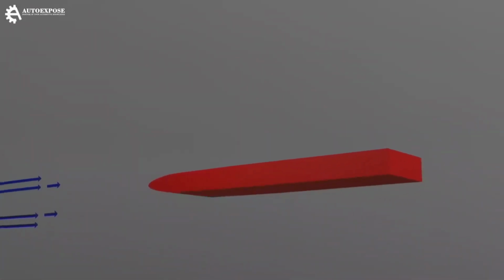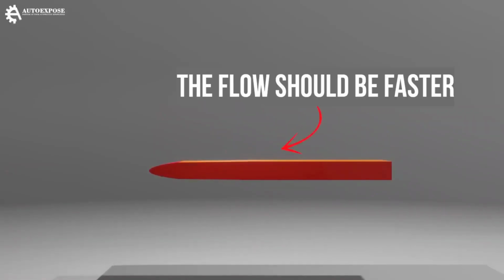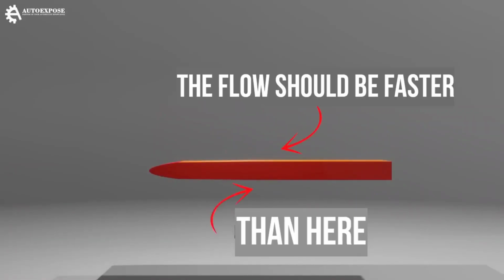Even though there is gravity, if the pressure difference between the upper and lower areas is large enough, it can lift the object. Based on Bernoulli's law, pressure can be made different by differentiating the speed of airflow on the top and bottom sides of the object. In this case, because we want lift, it means the speed of airflow on the top side must be faster